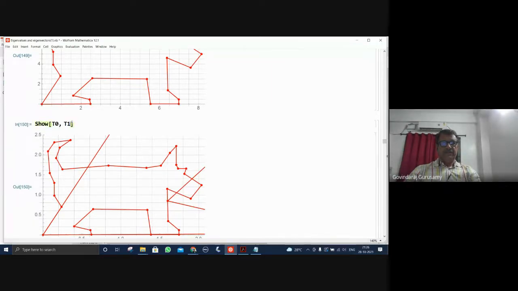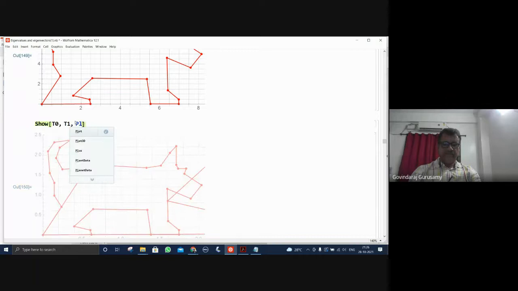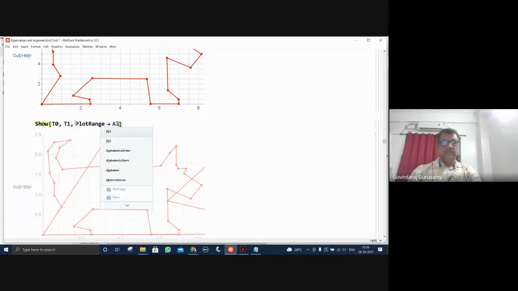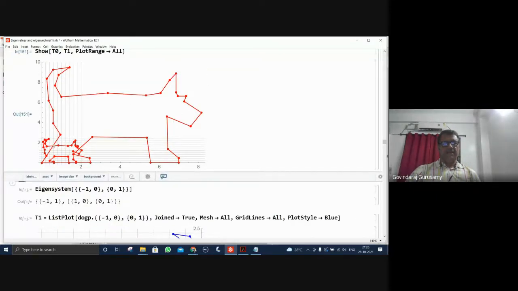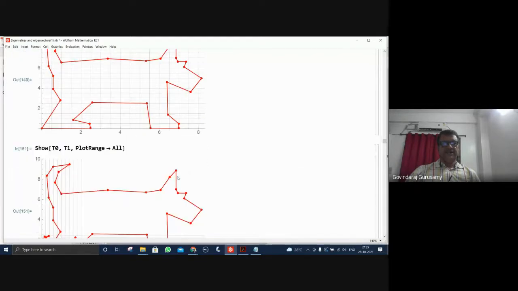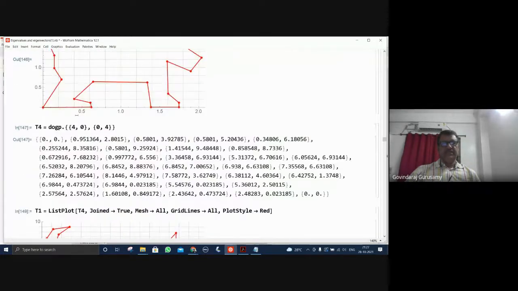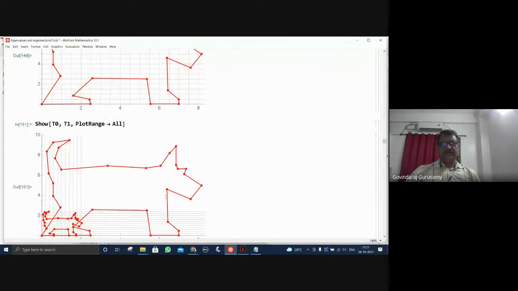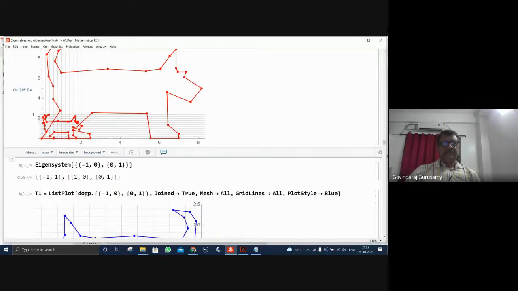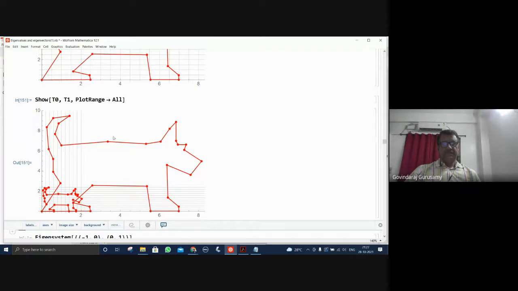Plot range must be given. Maybe you can see this. See that? This velocity here, and it becomes massive in size, just by multiplying by a matrix 4004. Okay, the same data points shifted here, and this has become a massive size here. Like this, you can do several transformations on this.